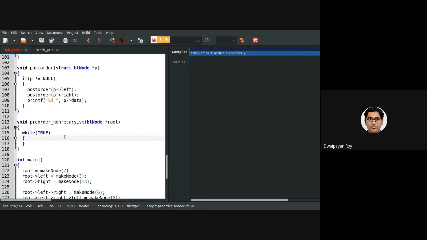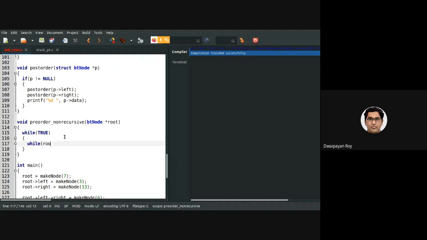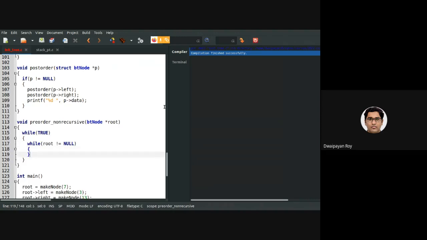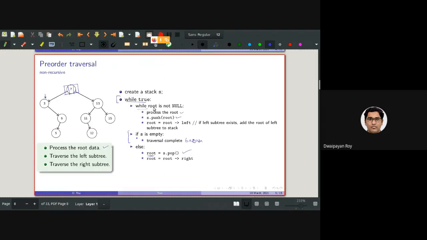Then what we need to do is check while the root is not null. As you can see, while the root is not null, now what we need to do is process the root.